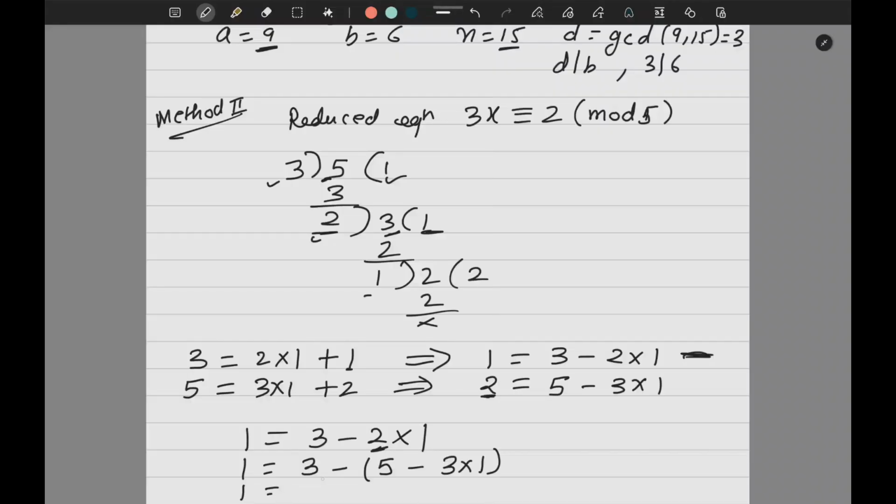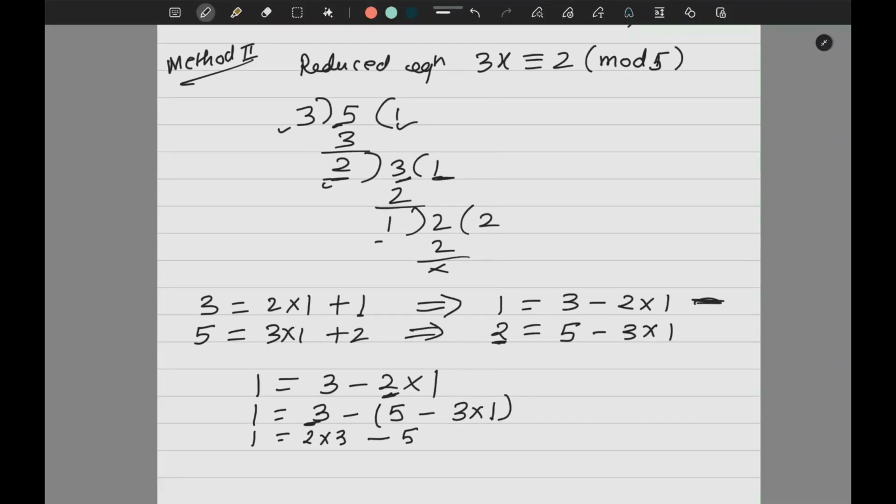1 is equal to, now here I have 1 3. Here also I have 1 3. Okay, 1 into 3 means what? 1 3 or 3 ones. But I am interested in counting number of 3's. So 1 3 is here, 1 3 is here, and minus minus plus. So how many 3's I got? I got 2 3's. So I'll write 2 into 3 minus 5. Correct. Now observe this very carefully.